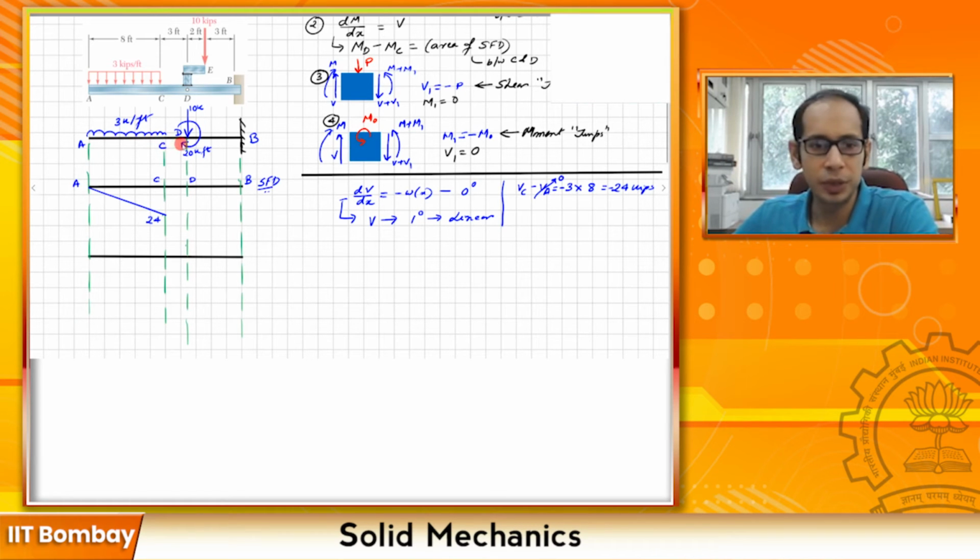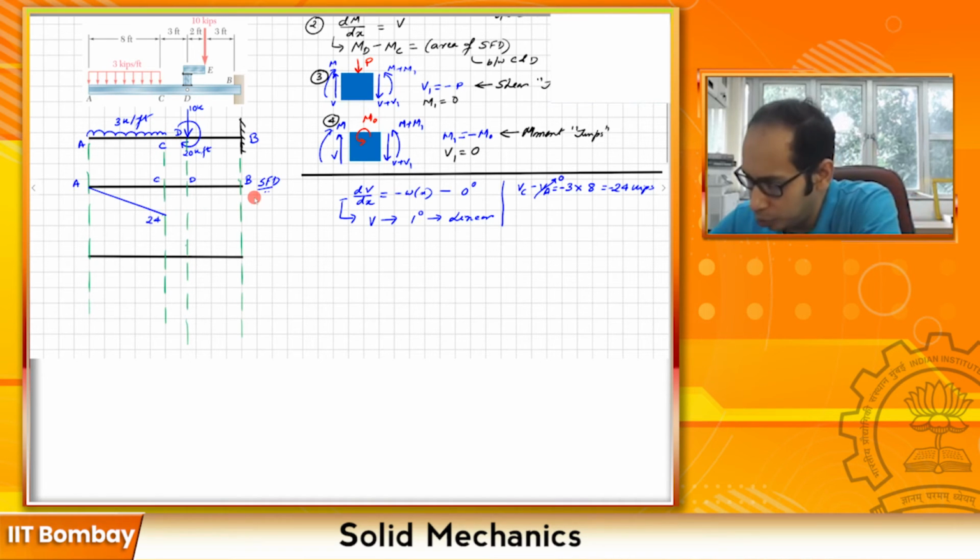Now from C to D over here, there is no load. No load means there is no distributed load, no point load, completely non-existent. So the shear force is going to be constant, because there is no distributed load or point load to cause a jump. You have a 0 load, so that means your V must be a constant. So from C to D, I'm going to continue with a constant